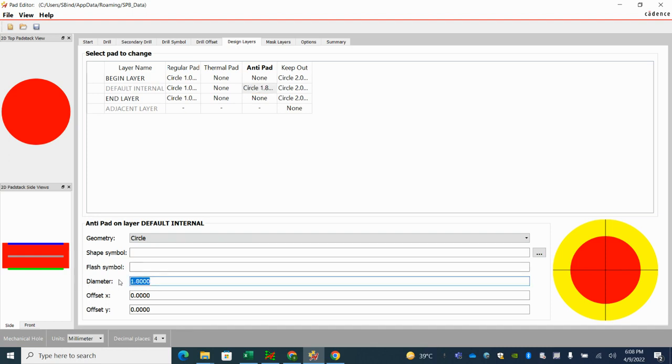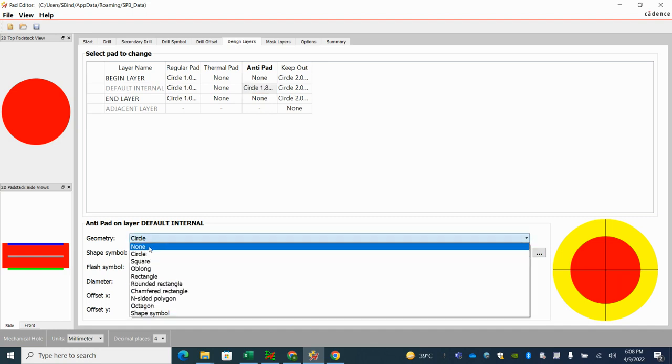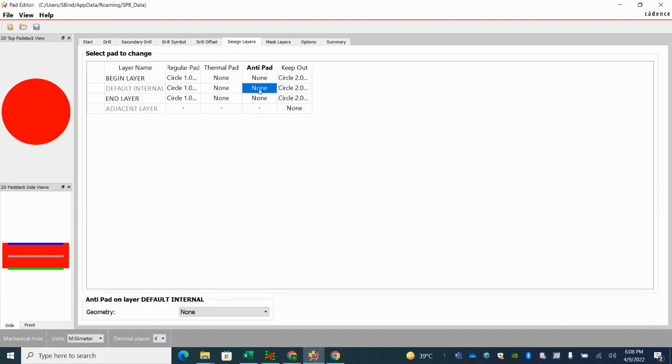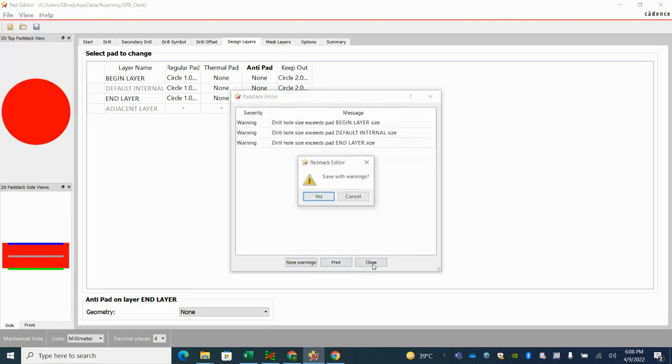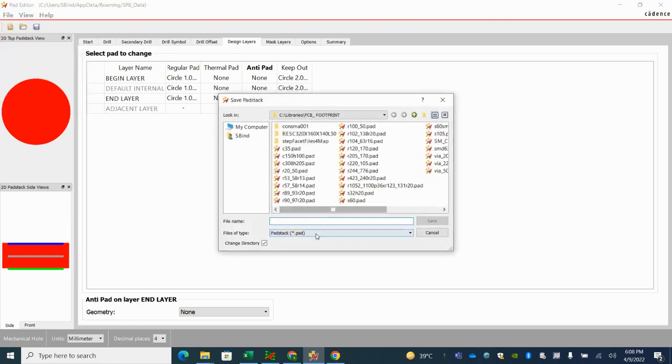But like 0 0, none. Okay, that's how we can create any mechanical pad. Just save it, and to save just use